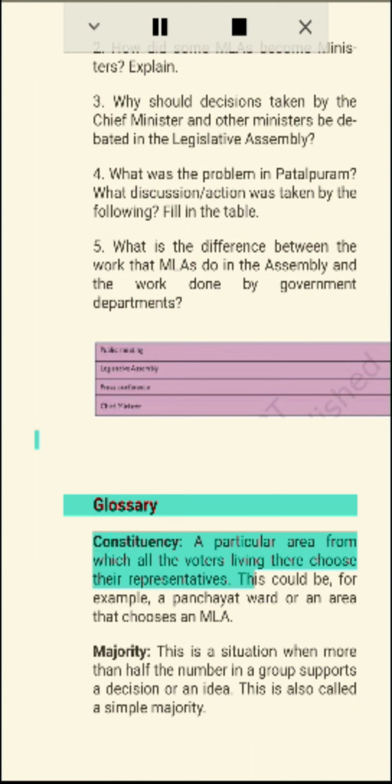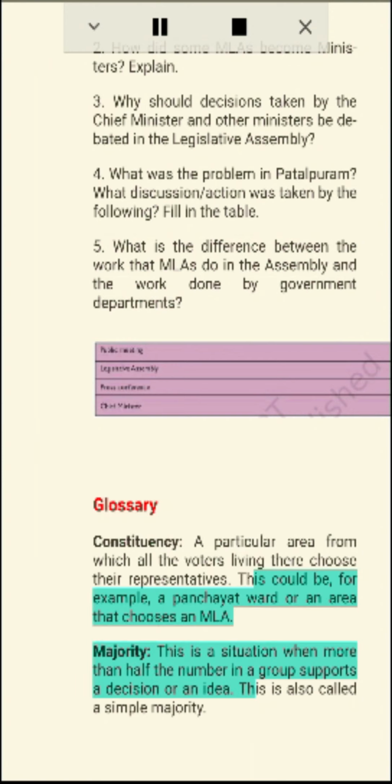Glossary. Constituency: a particular area from which all the voters living there choose their representatives. This could be, for example, a panchayat ward or an area